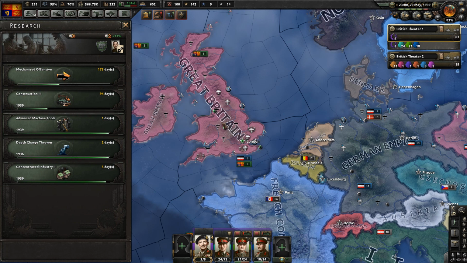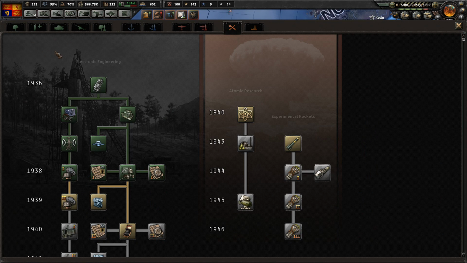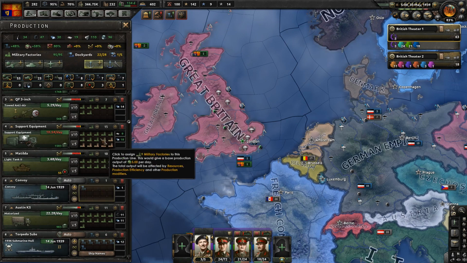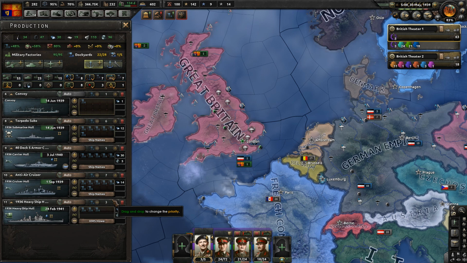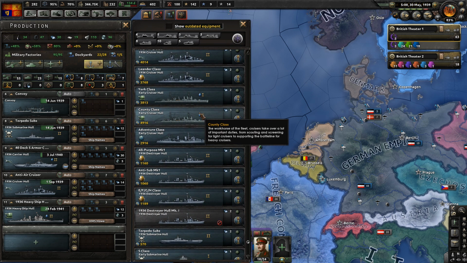That's very interesting, actually. Okay, we have our advanced machine tools. So 1939, probably better to go for some extra infantry equipment. New dockyards are available. Let's go for what? We are still going to... Oh, we need to produce more destroyers. Right, that was the plan. So we need...